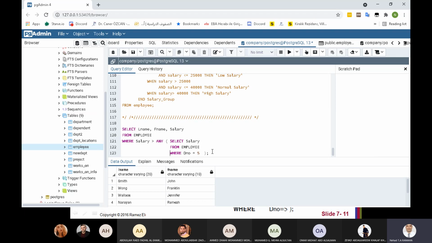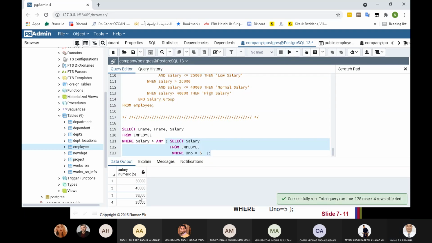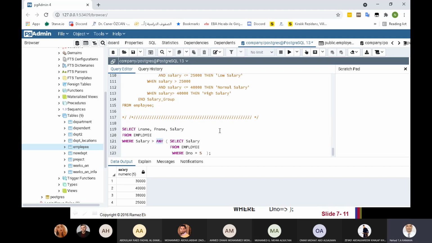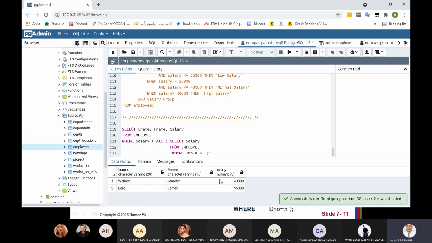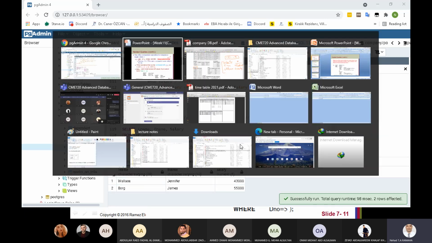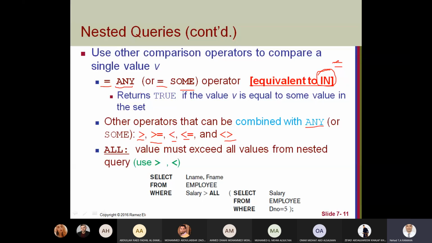I think like this maybe it's better. We need employees with salary more than the salaries of employees from department 5. All employees of department 5. Okay, then I don't know what example exactly to give for this.